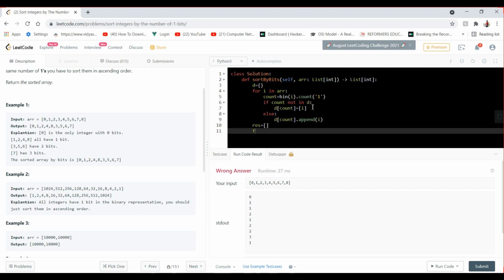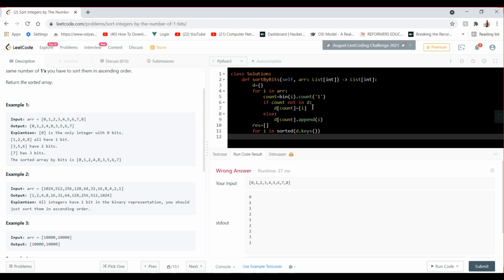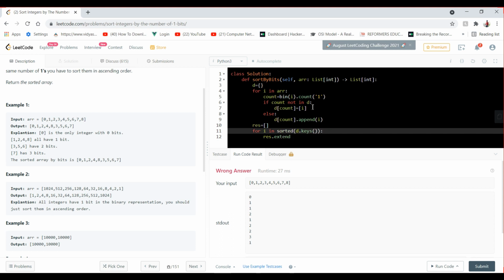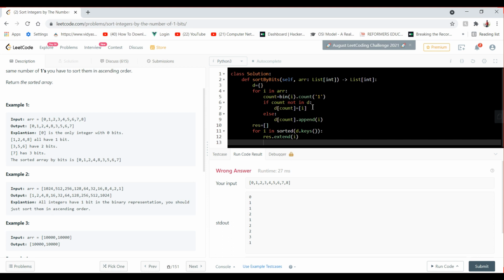Then let's take a result variable and sorted D dot keys, so it will give us the keys and we have sorted them. Now result dot extend of i, so I am storing all the values, and we have to return just result.